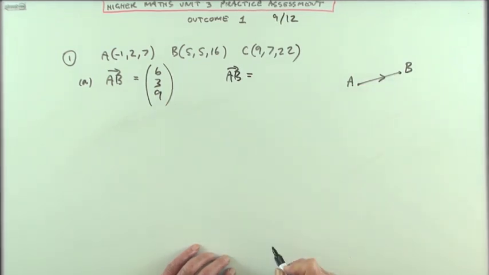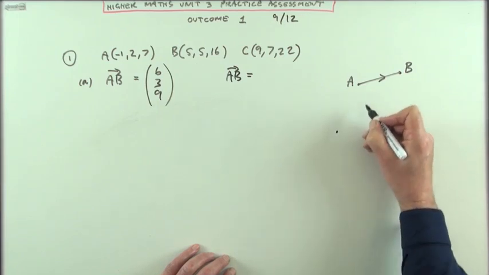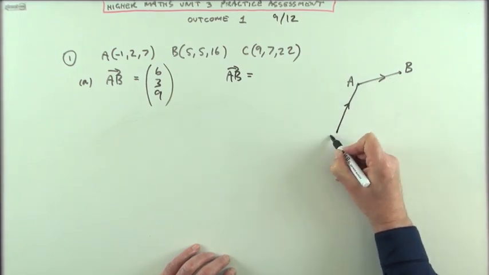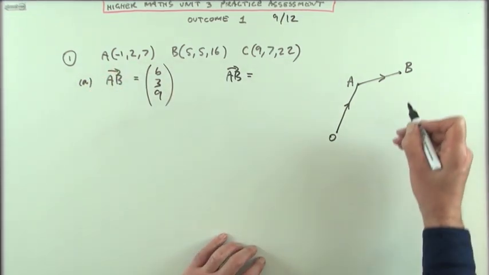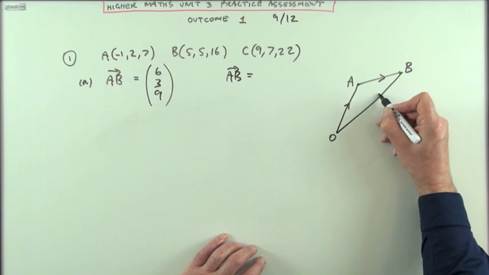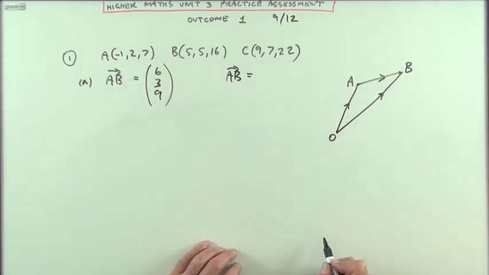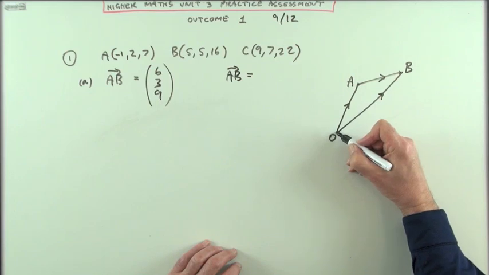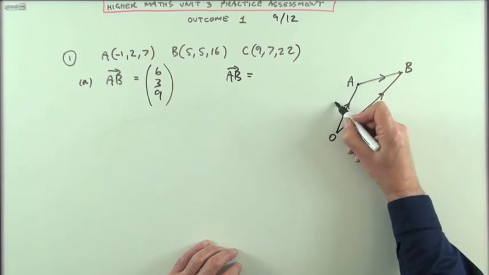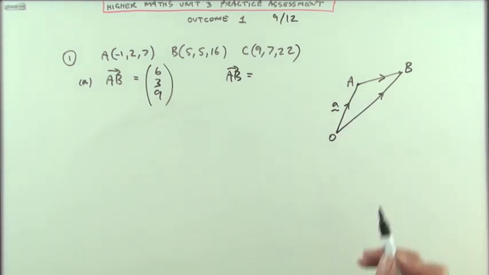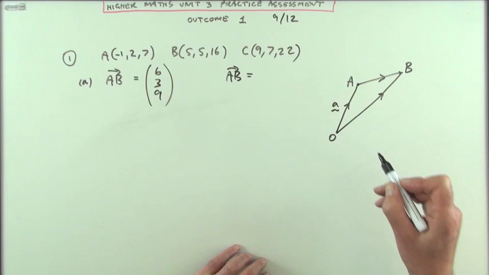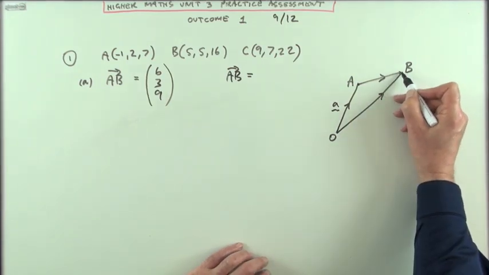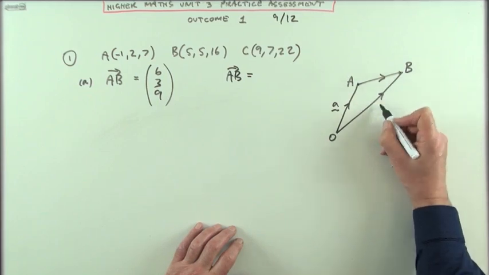the way you find an unknown vector is to follow a vector path you know. You know how to get to A from the origin, I've got its coordinates, and know how to get to B from the origin, I've got its coordinates. Well, the move that takes you from the origin to A is known as the position vector of A. Use a small case letter. The move that takes you from the origin to B, which is obviously the coordinates there, is known as the